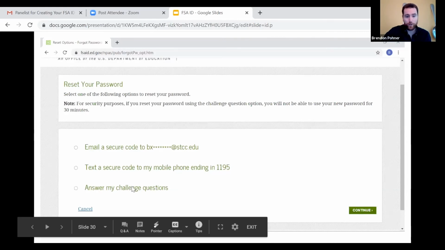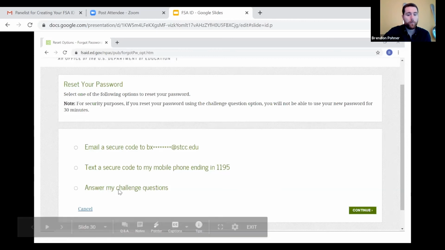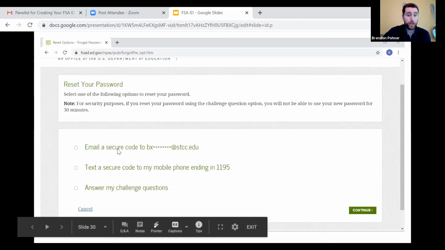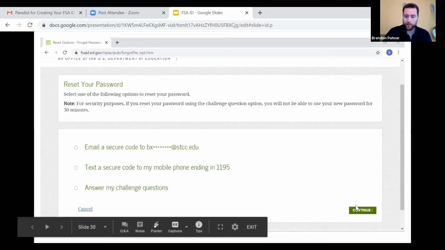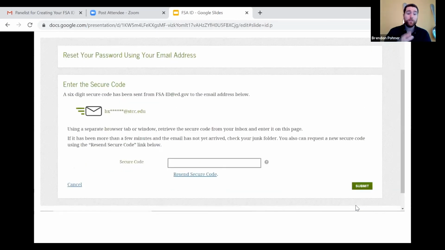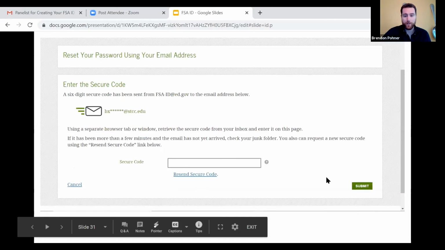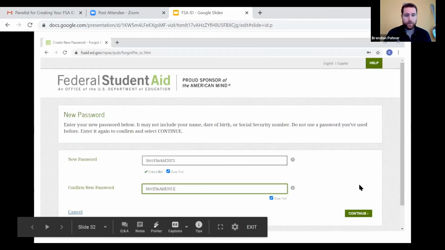So like I said, you want to try and avoid using the security questions, the challenge questions, I mean. You can choose to get a code sent to your email address or your phone number. It's really whatever's easiest for you. At that point, that doesn't matter. So let's just say, I think I did it with my email. So click my email, click continue. Yep, next. So they're going to send you a code. Just like when you verified this, you put the code into the box here, hit submit, and it lets you